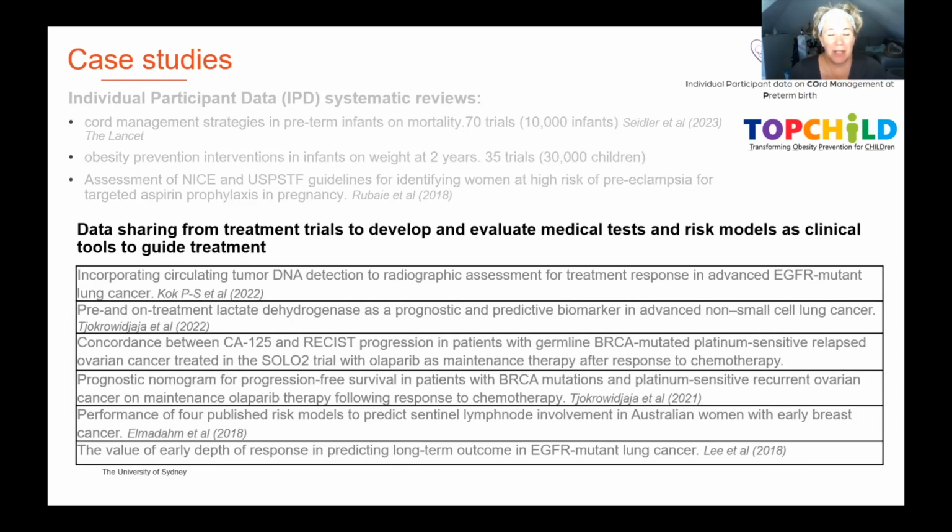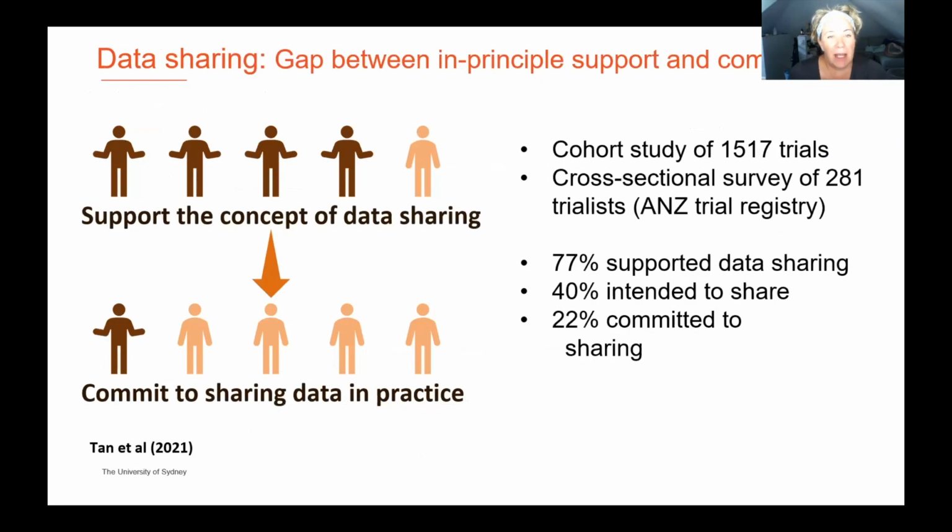And this is some of the more imaginative uses of on-use data from my trial. We've done a lot of work in the cancer space, looking at biochemical measures and image measures to understand treatment response and to understand prognosis, particularly for priority patient groups. So there's a list of some papers there. We also do some methodological work in my team, what we call meta research, where we do research about research.